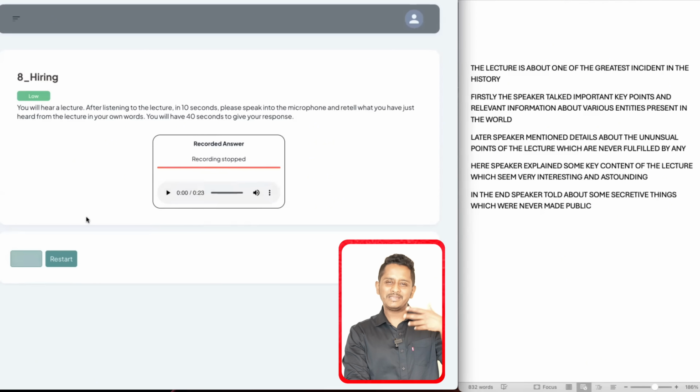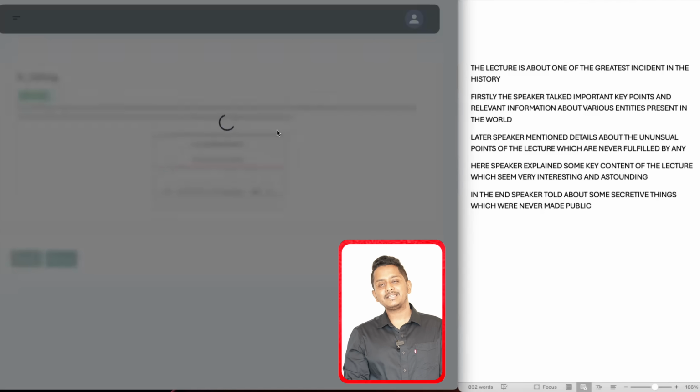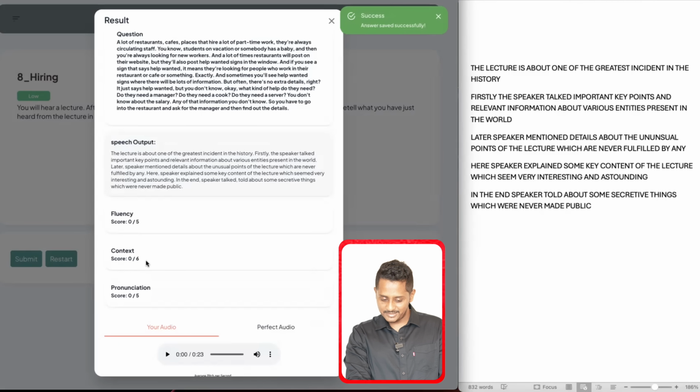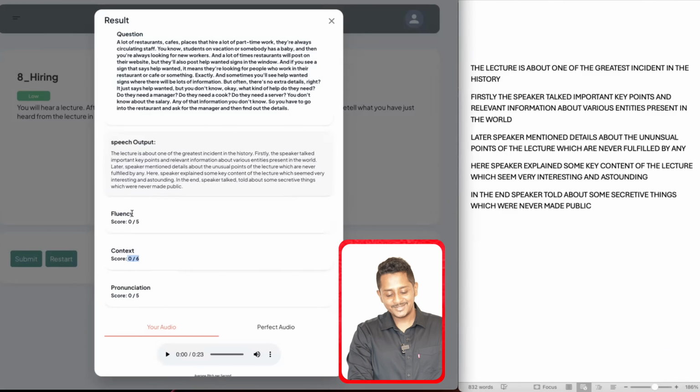So basically, I did not speak anything from the audio. Some generic template. I think it should be 1 or 0. I think mostly it should give 0 if it has been designed that way. And most importantly, it did not just make content 0 because you're trying to trick. So it made fluency also 0, pronunciation also 0.